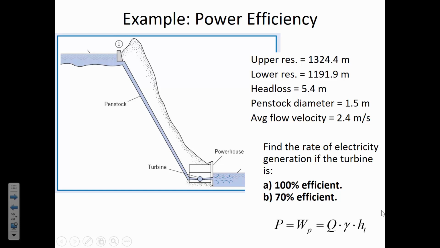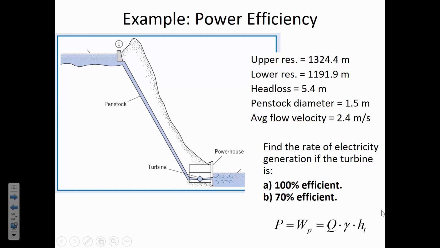And now part A, we're assuming perfect efficiency. So we don't have to worry about any losses in the conversion. So the power is going to be the flow rate of 4.24 cubic meters per second multiplied by the unit weight of the fluid, in this case water. I'll put in the standard unit weight of 9810 newtons per cubic meter, and then the turbine head that this